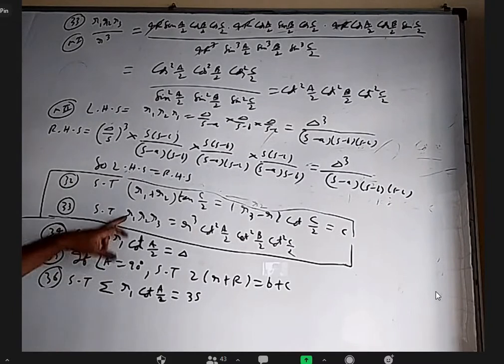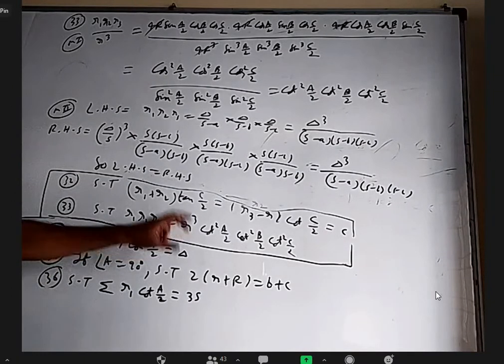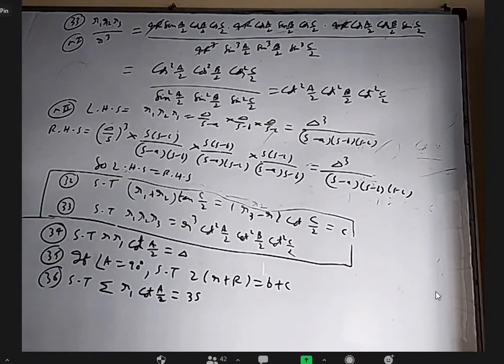One other formula for R1 will be S tan A by 2, right? So S tan A by 2, S tan B by 2, S tan C by 2. This also 3 R's are there. 1 R I have to write S minus A tan A by 2. Then I have to use R1 as S minus B cot C by 2. That also it will come. It's okay. You can do by like this or like this.